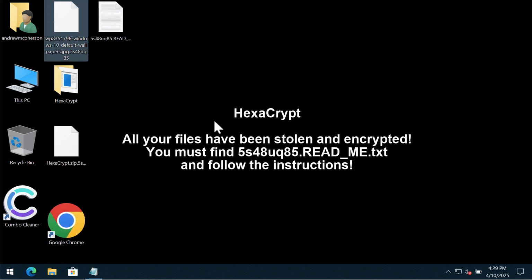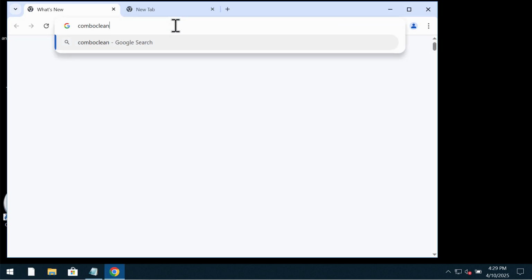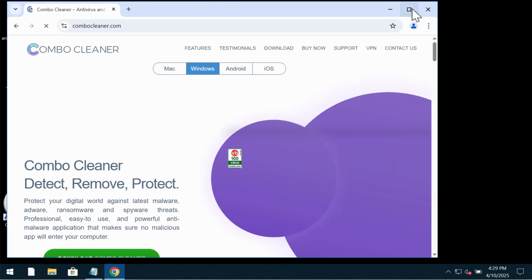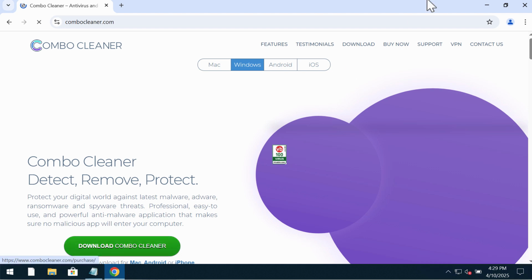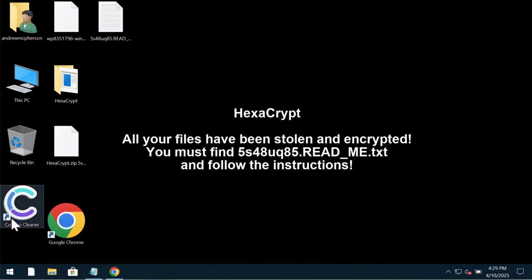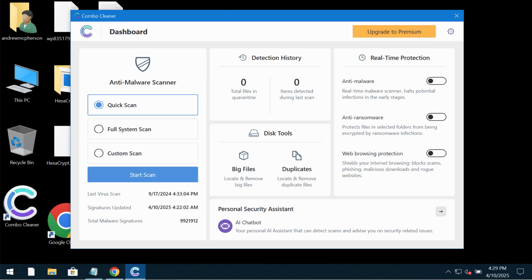Paying the ransom is not a good idea. Don't waste your money and don't pay the ransom. I recommend you to remove this ransomware with Combo Cleaner. By going to the official page combocleaner.com, use the green download button, install the software, and start researching your system